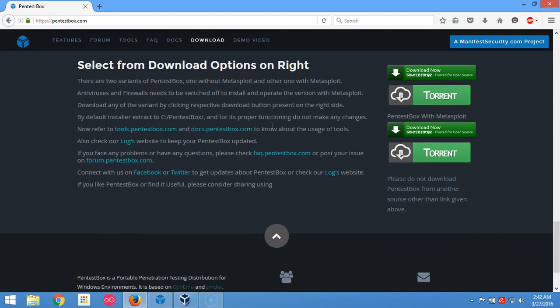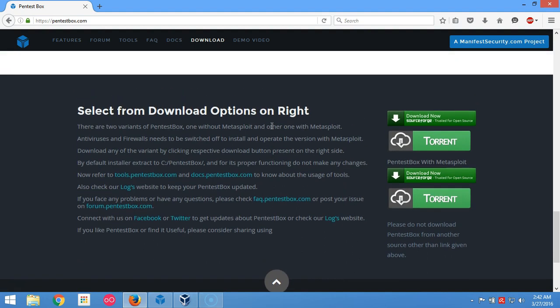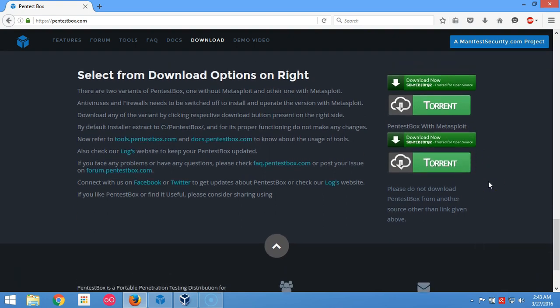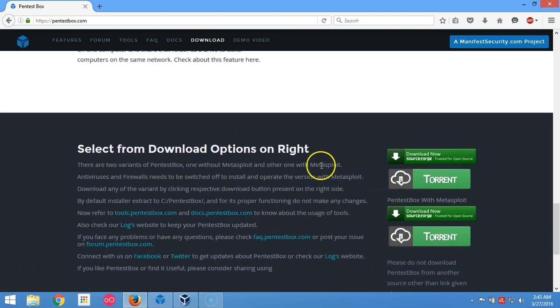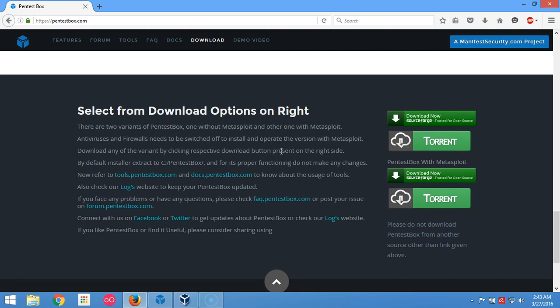Okay, so coming to the download, we have two options for download. Either you can download PentestBox without Metasploit, and the other one is PentestBox with Metasploit. So in each section you have got two download options. Either you can download from SourceForge or from the torrent, right? So the next thing is,